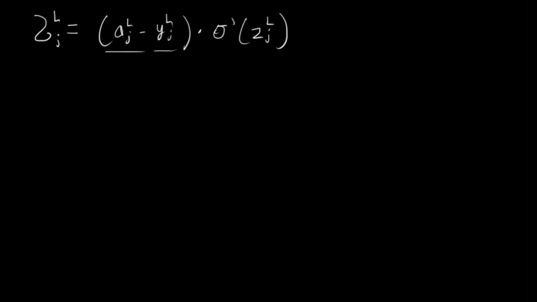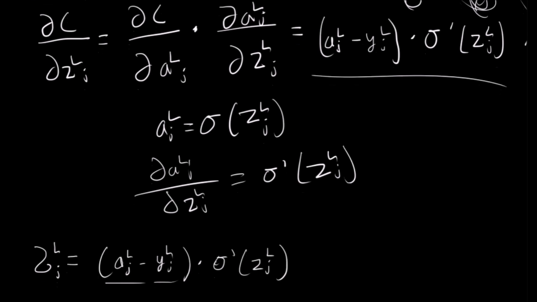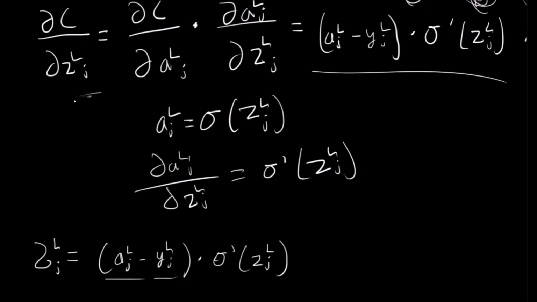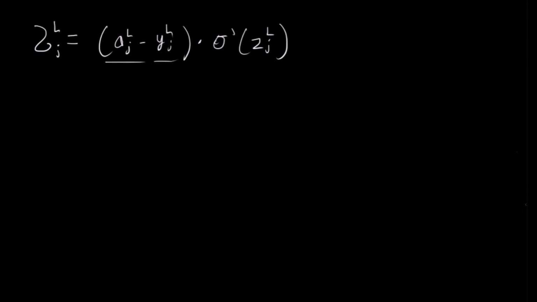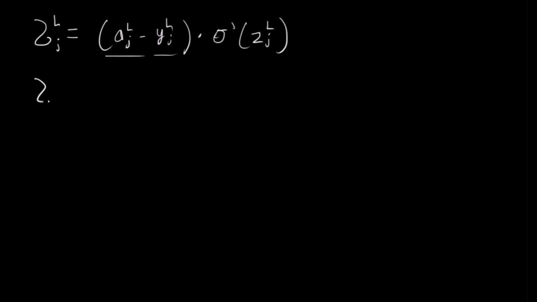Okay, so now our goal here is to generalize this function. We're going to generalize this partial derivative to delta. So delta L of J, remember we're trying to generalize it, would be the derivative with respect to Z, lowercase l, because this is any layer, J. Okay, so this is where things get